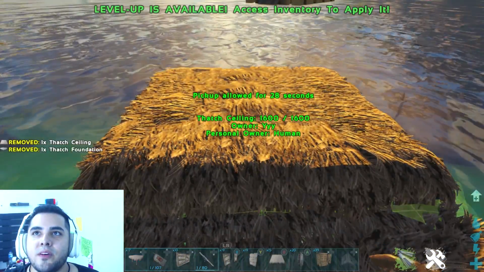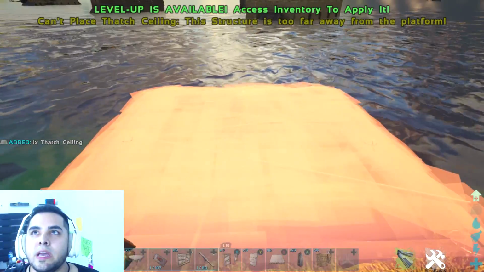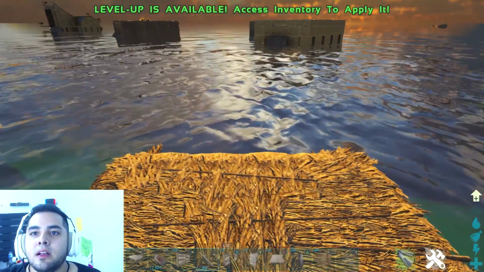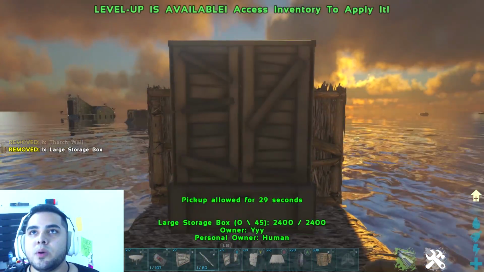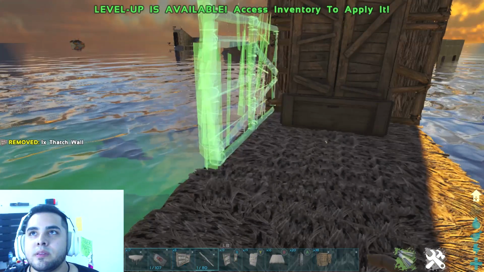Put a thatch ceiling, put a foundation underneath it, same thing. And then we can't go any further than that. So that's what we're gonna do. So what we're gonna do right here is that we're gonna place a wall. We're gonna put a box there, and then I guess we could